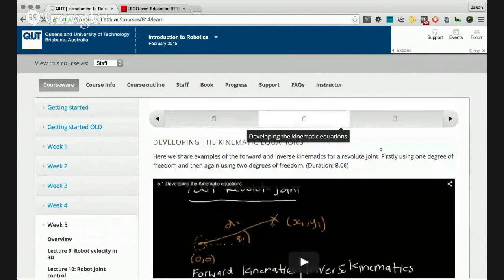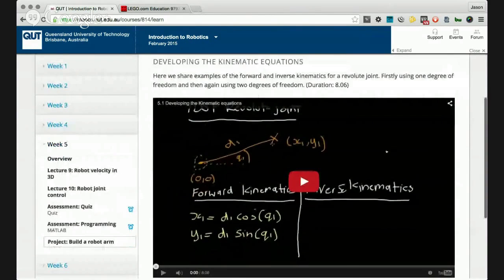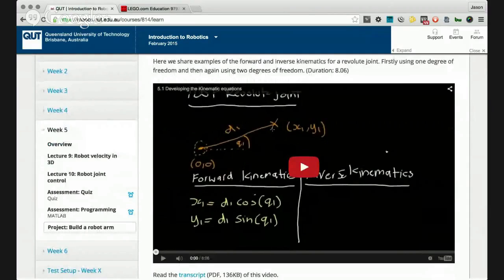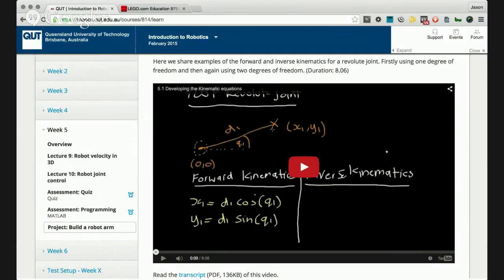This one's developing your kinematic equations. This one I think everyone's going to have a lot of trouble with, solely for the fact that a lot can go wrong. You might put a cos in the wrong spot and the whole thing won't work. So if you have trouble with it, definitely post up your code. Also post up how you calculated your equations or what method you used behind it, so that we can go through and be like, oh, you missed that little bit there, therefore the whole thing isn't going to work.